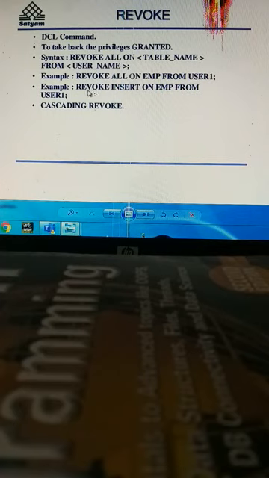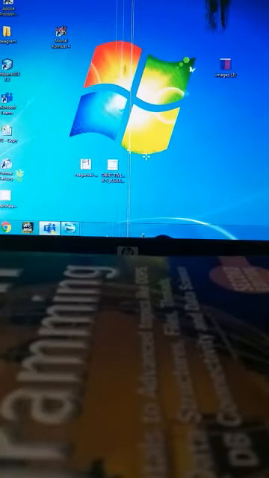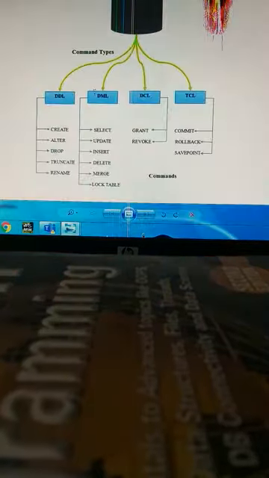Here you can see an example: revoke insert on emp from user1. So we are taking back the permission from the specified user. We have these two commands, grant and revoke, in order to provide the permission or privilege to the specified user.